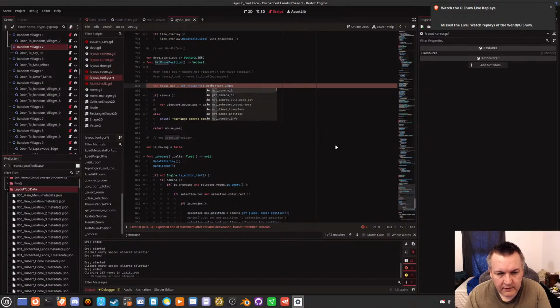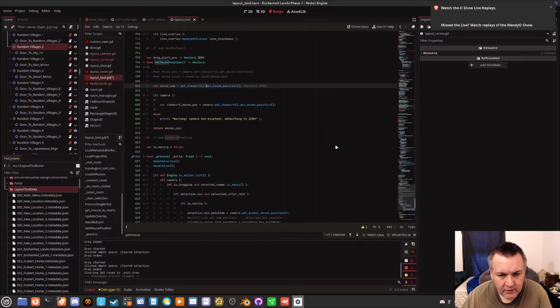Dot get mouse position. Okay, we're going to do that, but we're going to do it.